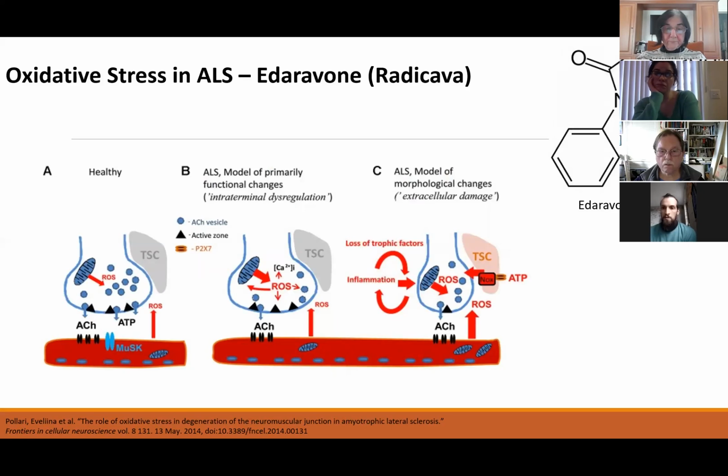So this can be seen in ALS. It has been indicated that damage can be caused by these reactive oxygen species, and this may be causing damage to the motor neurons, and this can be associated with those functional changes that we see in the disease: weakness, atrophy, and so on. So that brings us to this study that we're doing, and the drug Radicava,